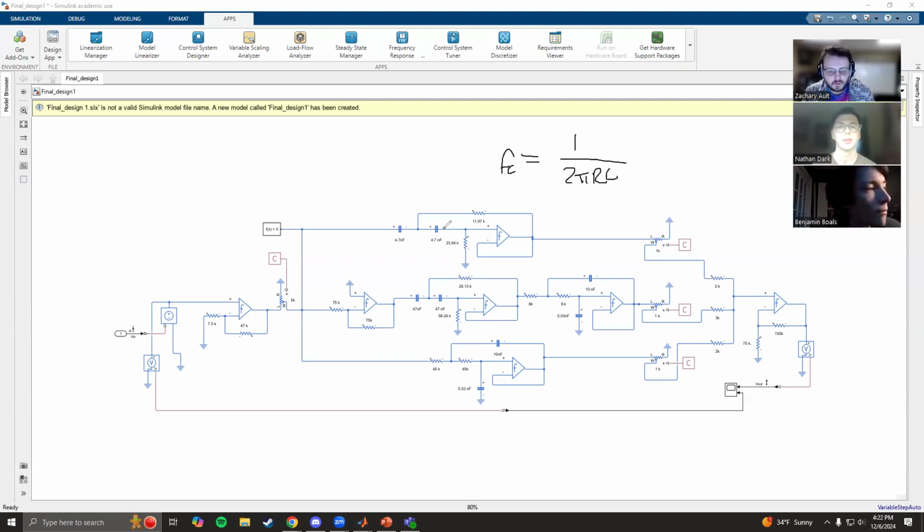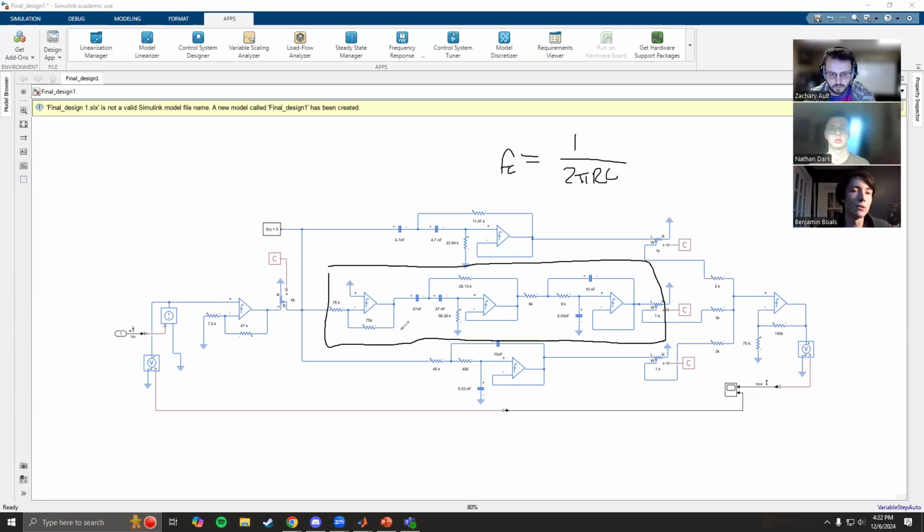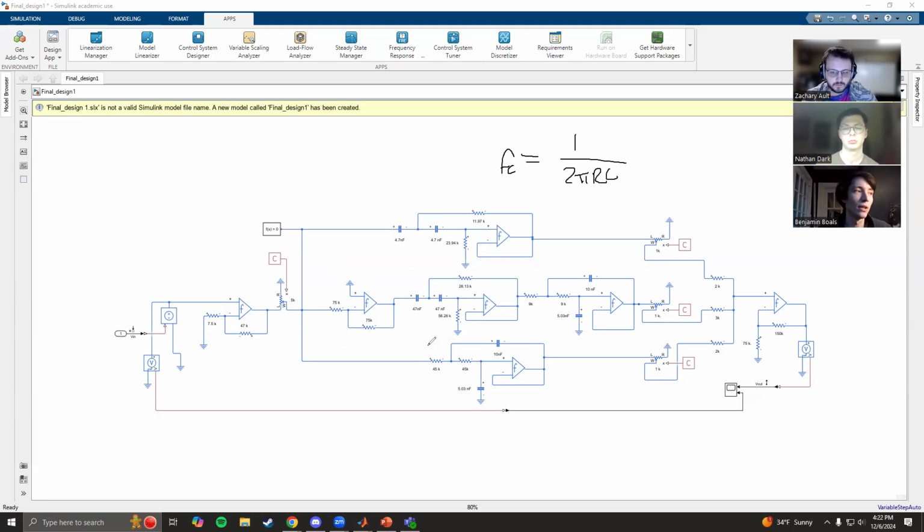And then for the bandpass filter, it starts with an inverter because when you have the two filters cascaded together, it puts them 180 degrees out of phase of the high pass filter and the low pass filter. So the inverter at the beginning helps bring the signal back in phase so we don't get any phase cancellation issues. And then the two filters, the high pass and the low pass, they were both designed the same way as the other two high pass and low pass filters,